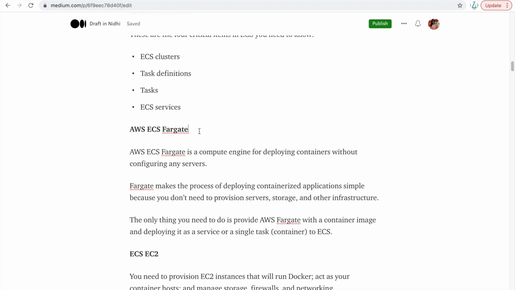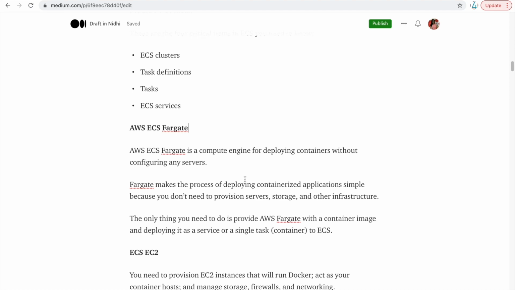AWS ECS Fargate means that you do not need to worry about the servers. It is a compute engine for deploying containers without you needing to configure any servers. The only thing you need to do is provide AWS Fargate with your container image and deploy it using a service or a task. So that is the AWS ECS Fargate.